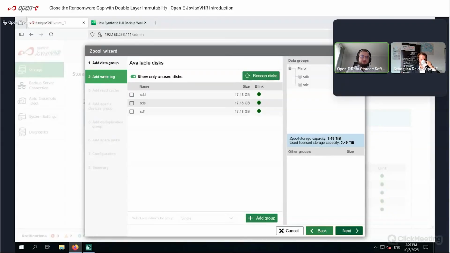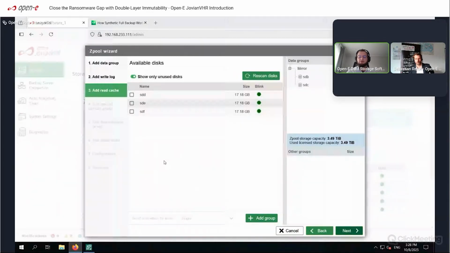The write log option, of course, adds an additional caching or logging mechanism for all the write operations on the pool and on the repository. As backup storage is, of course, write heavy because we are mostly writing to the backup storage, this will greatly increase stability and performance of your backup. So it should go without saying that this is one of the caching options that you should use. Read cache might not be as self-explanatory because, well, if you think about backup, you mainly think